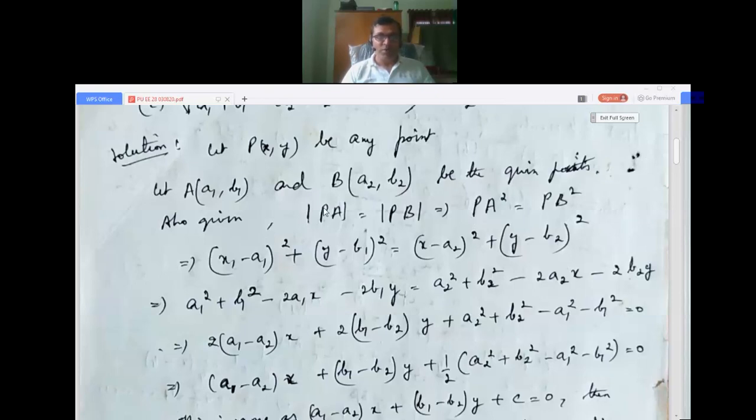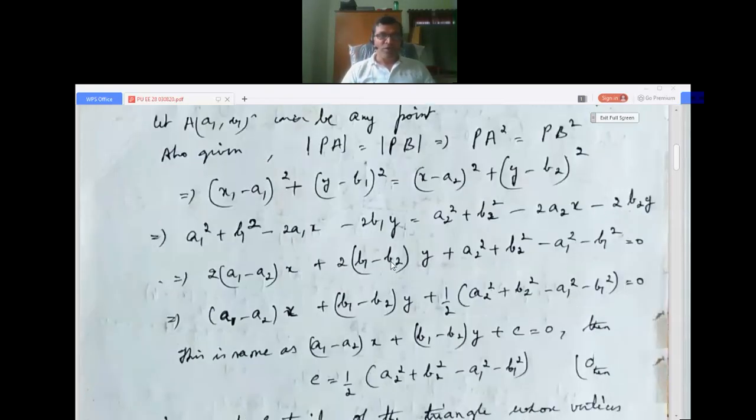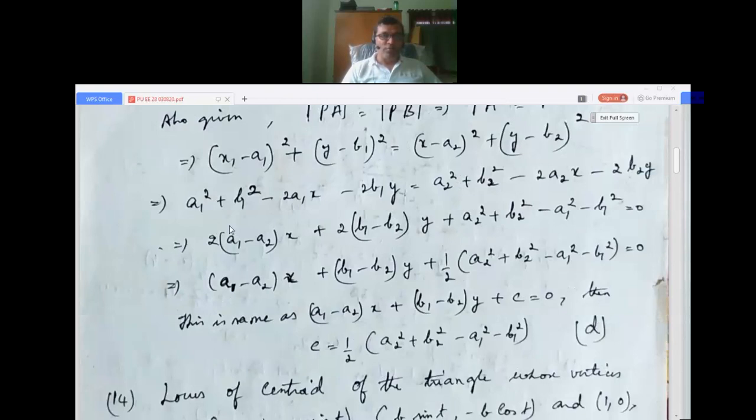Squaring both sides, the distance between P and B, PB, will be square root of x minus a2 squared plus y minus b2 squared, and the square root of that whole squared. So square root and square get cancelled. Then we expand this, that is a squared plus b squared minus 2ab. Here also expand all the 4 terms and rearrange, and whichever cancel we cancel. Finally, all the suffix 1 terms I brought to one side and all the suffix 2 terms to the other side. The steps after rearranging I have purposely skipped. Some of the things you should do yourself because you are answering an entrance exam. You should know how to do it, not just by heart.